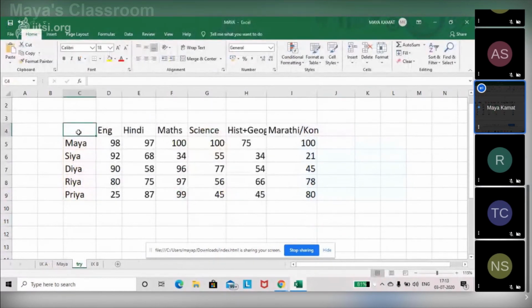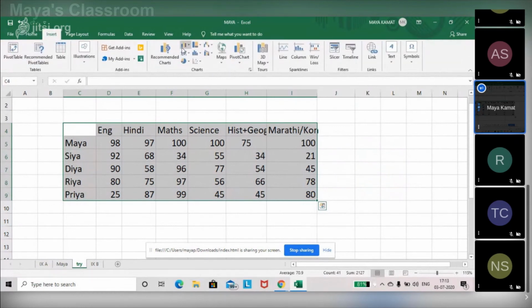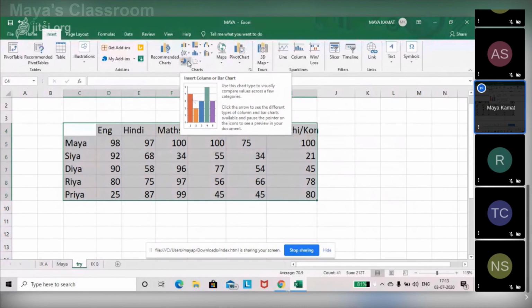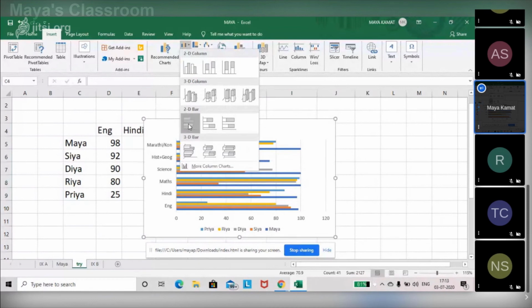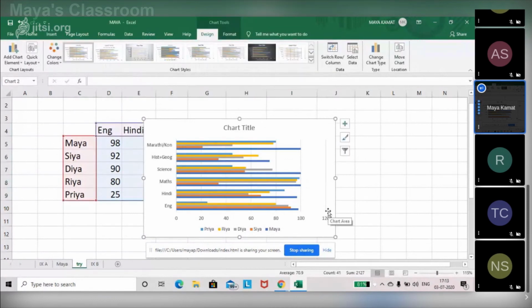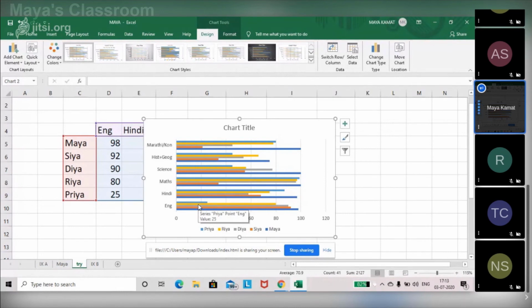Okay, again I'm selecting the data. The range is given. I'll go to insert and bar chart I want. This is bar chart, so I'll select the bar chart. See, it is showing me the bar chart wherein blue is myself, then orange is given to the second entry. Each one is given a designated color, and the performance can be evaluated in every subject with the help of chart. So when I say picture, are you getting the concept now?